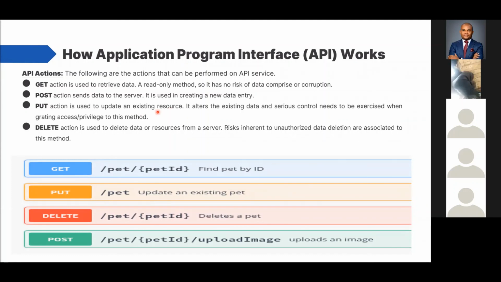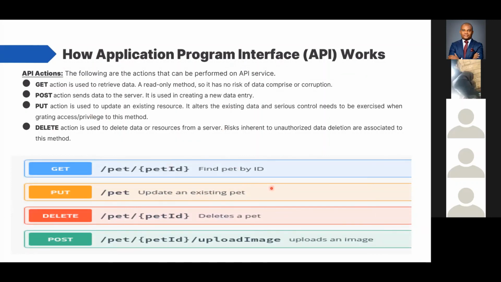Now, look at the put action in this image below. You will see that you can update information in another application's database. For instance, I have 1 million naira in my account, and because my institution has exposed an API that is not securely developed, somebody was able to leverage this put action and modify my account balance from 1 million to 1 million, 200,000 naira. It's a serious compromise, and it's only a matter of time before reputational damage